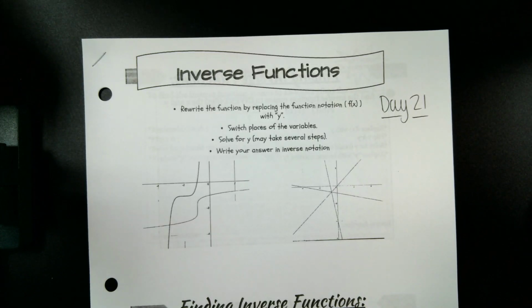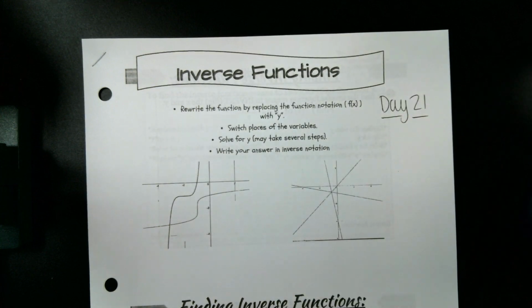The second lesson is over inverse functions. If you just think about it, inverses are the operations that undo each other. For instance, if something's been added, we'll subtract it to undo it. If it's been multiplied, we'll divide, and whatnot. So I'm going to give you a function and we're going to find its inverse. Anything in the original function should not still be there at the end. Like if you see multiplication and addition in the original, we should see division and subtraction in the final